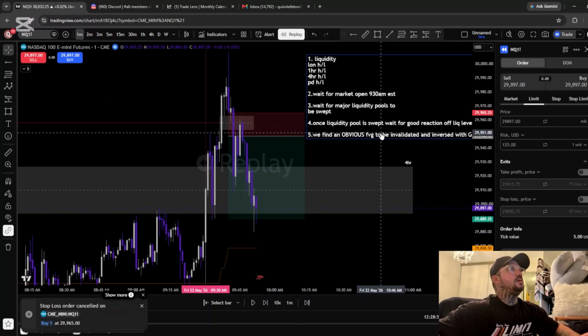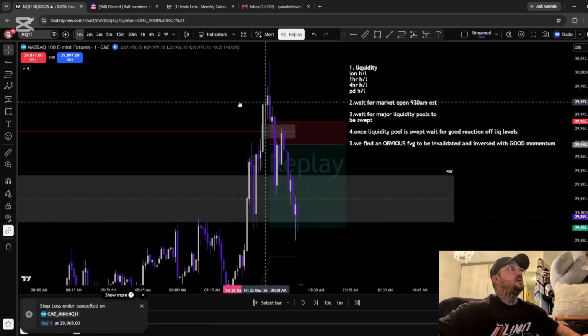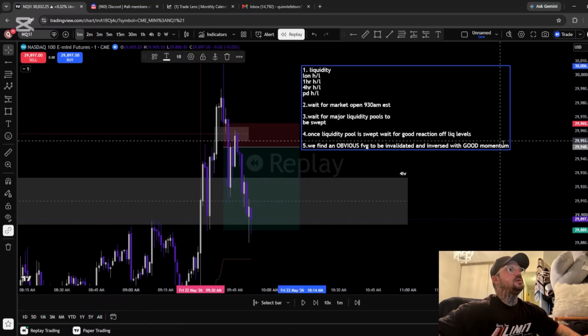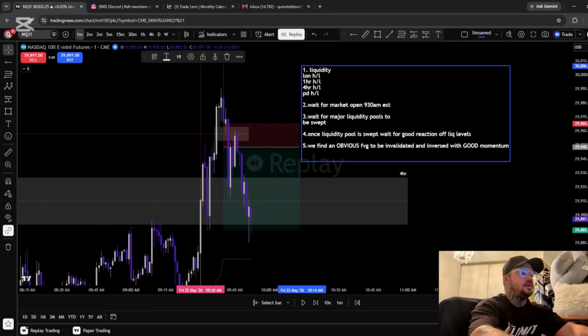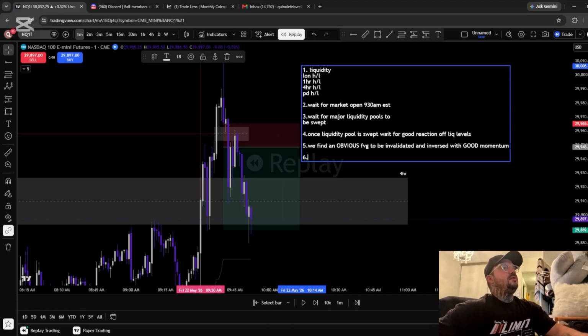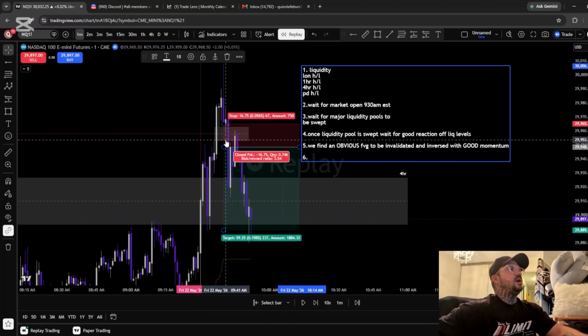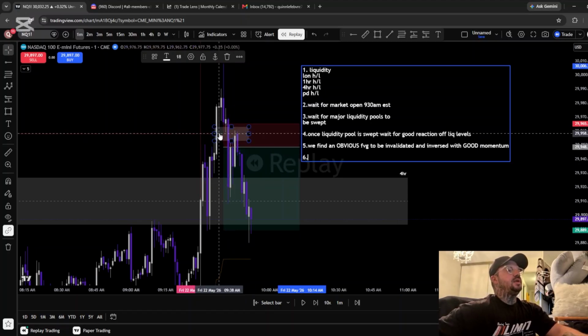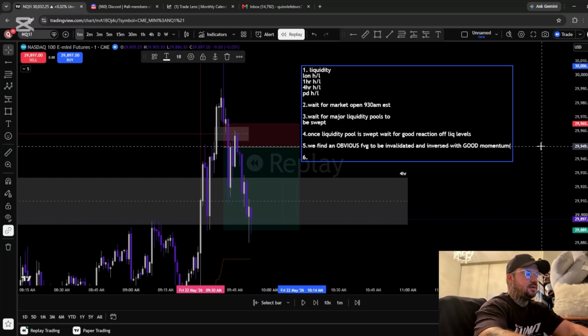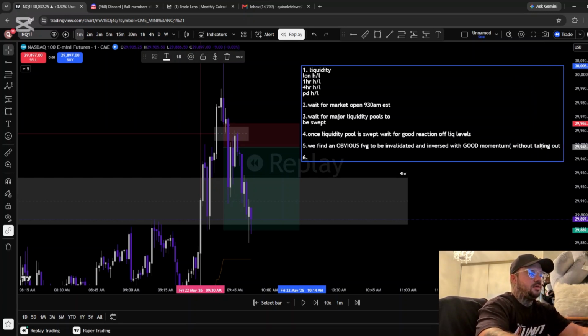Now, before I start to explain more, let's just go back to the checklist. Sorry, the last point. Wait for an obvious fair value gap to be invalidated and inverse with good momentum. What do we have? We had good momentum closing below this gap, but it did not take out the next recent low. So if we go here, hold on, let's add in brackets: without taking out next recent low,